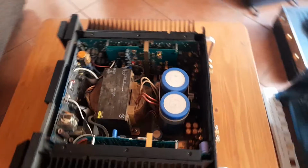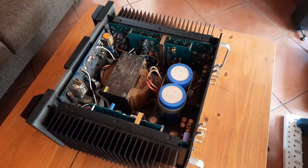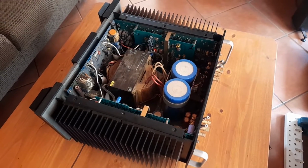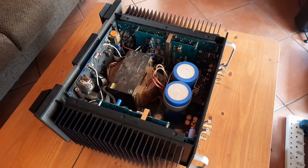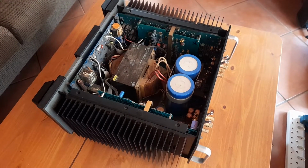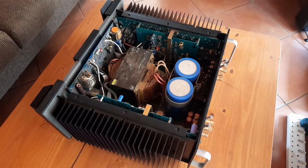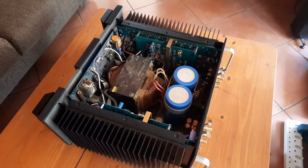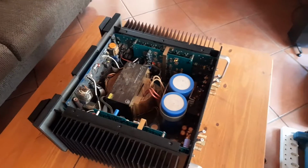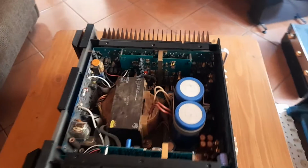So I went over to him, and the moment he turned on the amplifier and the relays clicked in, it was just apparent that the hum and the buzz was absolutely unbearable. It's something that you just couldn't ignore in any way whatsoever. So I brought the amplifier back with me to my place, and when I opened it, to my absolute dismay,